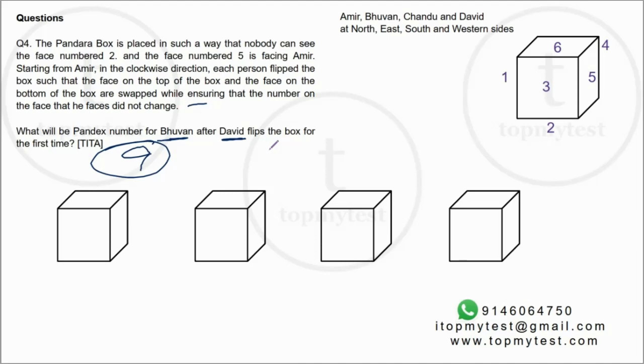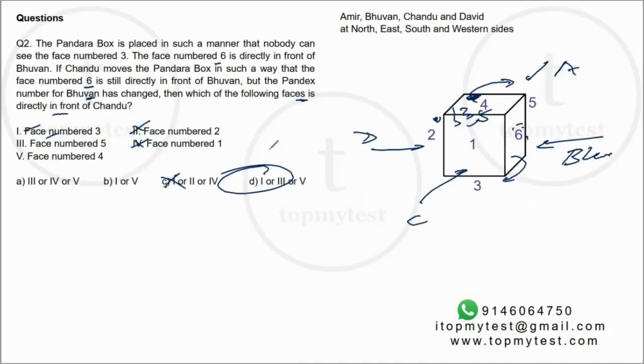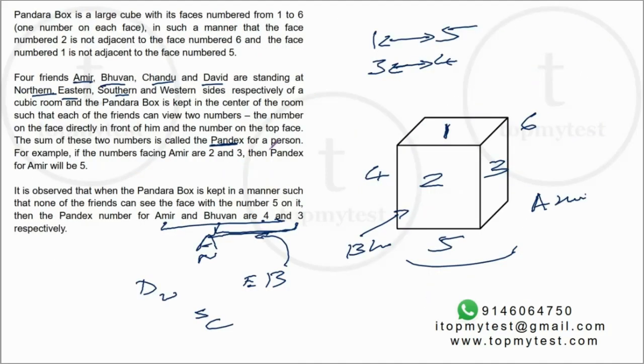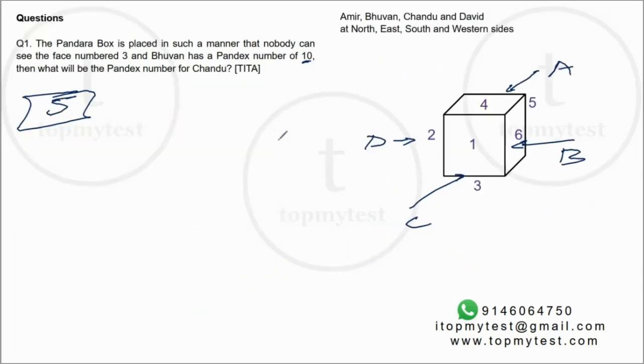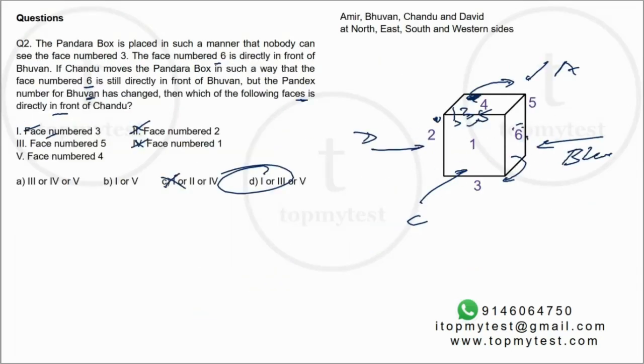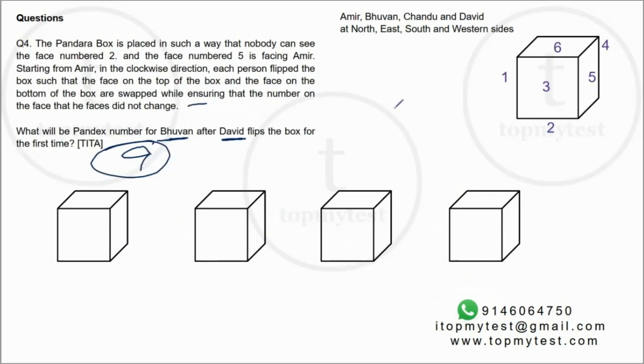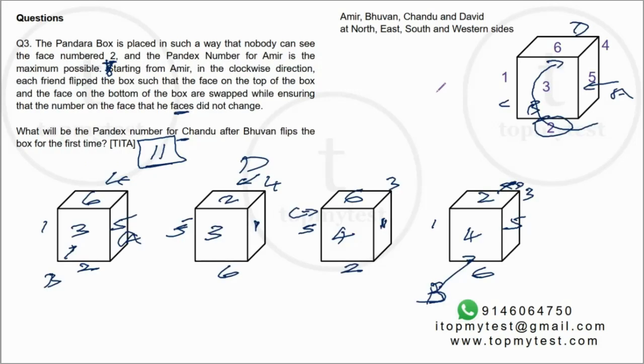Okay, so this is a pretty nice set as such. As I said, it's a set which has to be done in 2 stages. First, you have to figure out how the box is, which face is against which face. Then you have to figure out the orientation of the box. Then you have a Pandex number which is given to you. And then you have to keep on rotating them based on different values. It's a moderate to slightly difficult set. You need to be extremely patient, extremely careful. It is not difficult because of a lot of data.